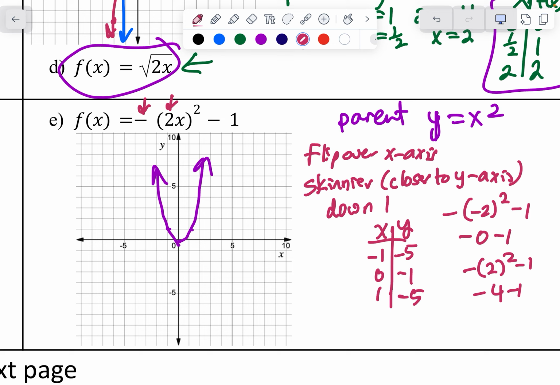Okay, so at negative 1, we are down at negative 5. At 0, we are at negative 1. And at 1, we're also down at negative 5. Okay, so let's compare the red one to the purple one. In the reddish one, the graph is flipped over the x-axis, right? It's pointing downward. It's skinnier than the other one. Not by much, but it's skinnier. And has it moved from the center at 0, 0 down 1? Yes. So we should expect as we put these things together that those things should happen,